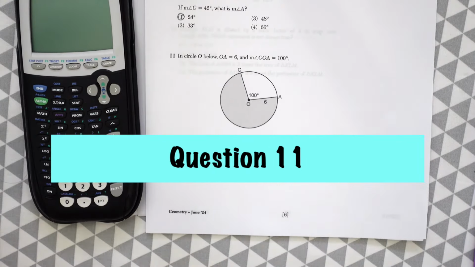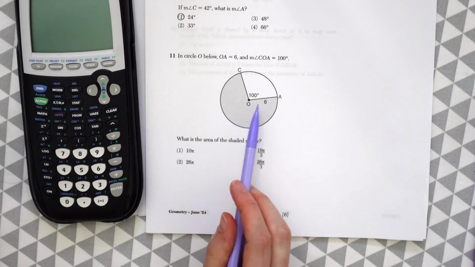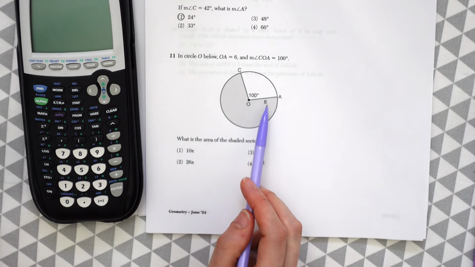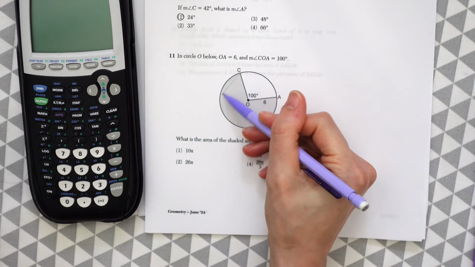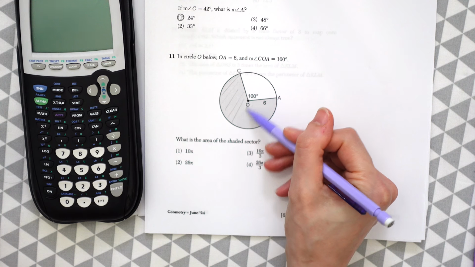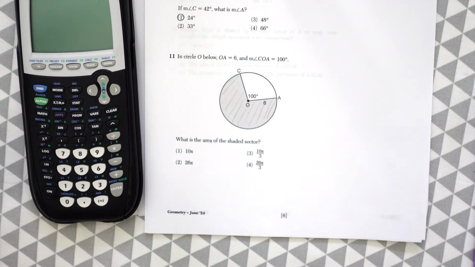Question 11. In circle O below, OA is equal to 6, and angle COA is 100 degrees. What is the area of the shaded sector? So we're looking to find the area of this shaded region. We're going to do that by using the formula for the area of a sector